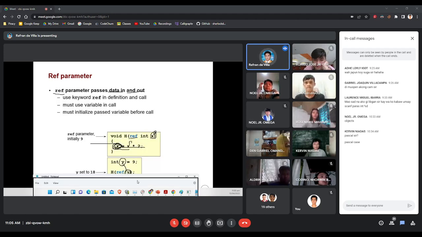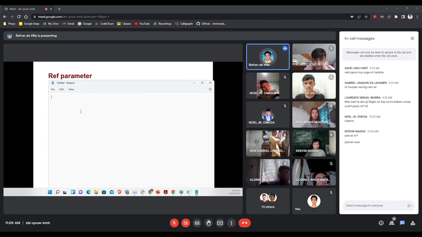Okay, so given that, okay, you have that void, so to, void h. Okay, so int x, okay, so take note, when you create a function like this, x is equal to x times 2,